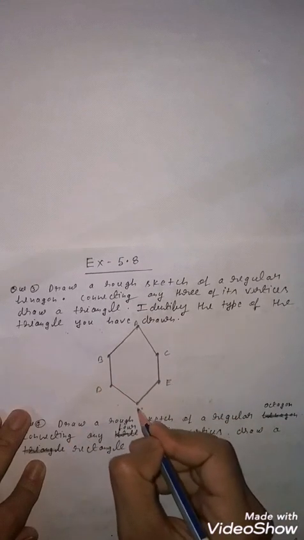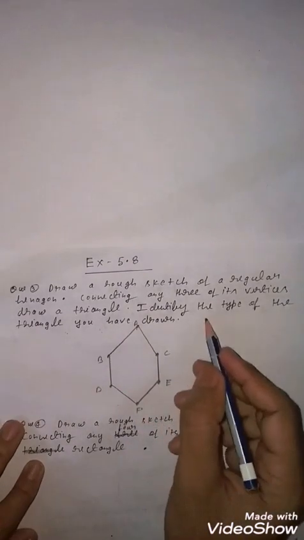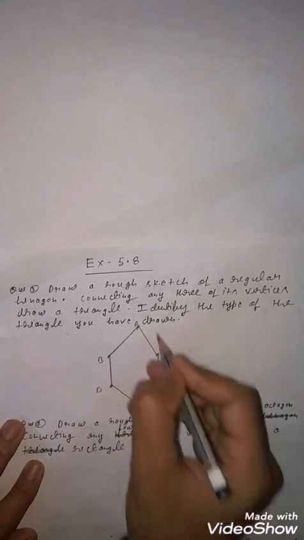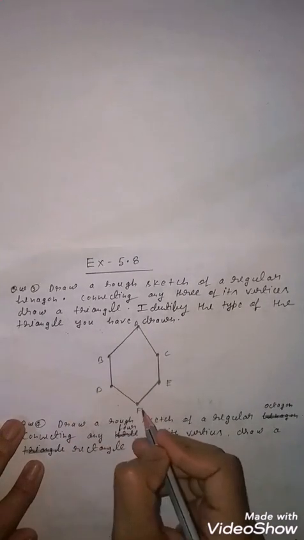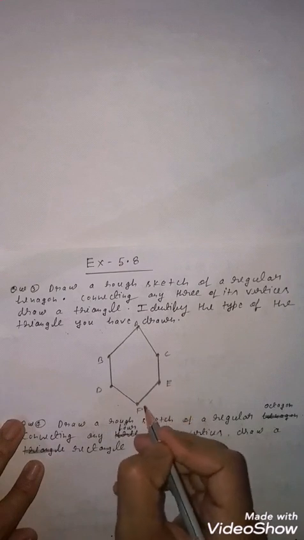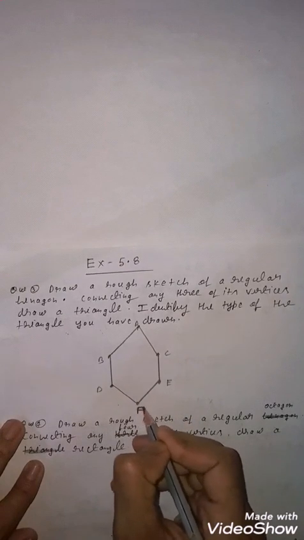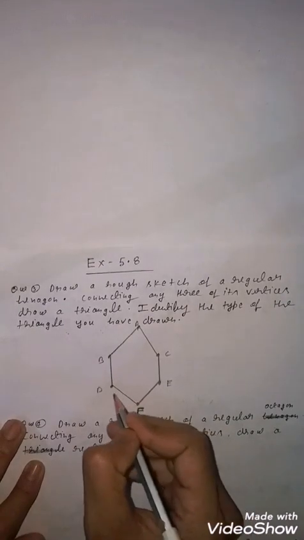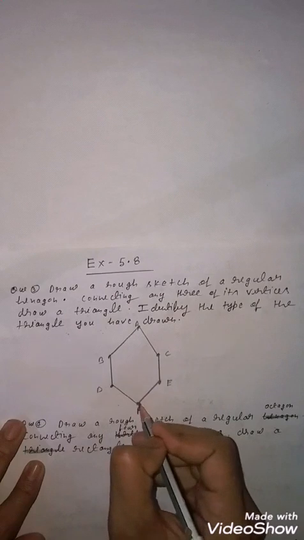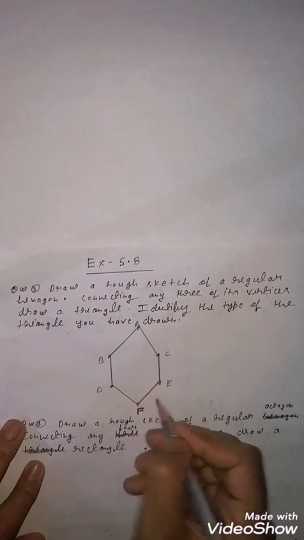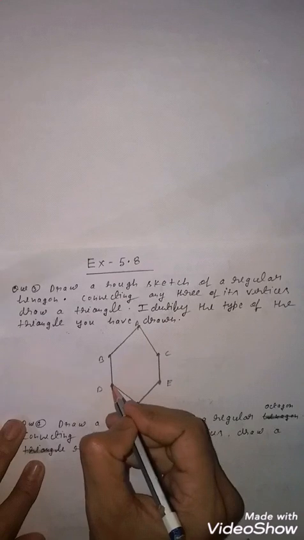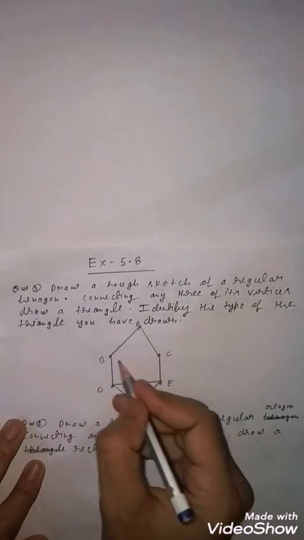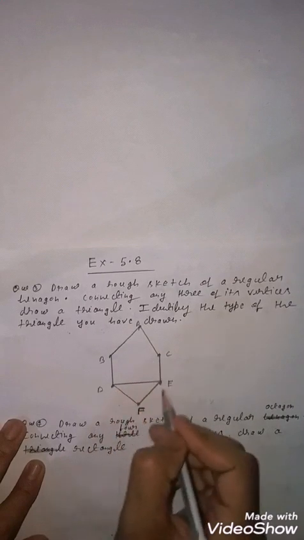Clear, students? Now what is given? Connect any three of its vertices. You know that this is vertices, all this point are vertices. So connect any three. Yani if you will connect this last three, this is F, this is F. So this is connect. F is connect to the D and F is also connect to the E. It means F, there is no need of connecting. You will connect only D and E. Clear, students? Now you can also connect this one, but you have to connect only three vertices.